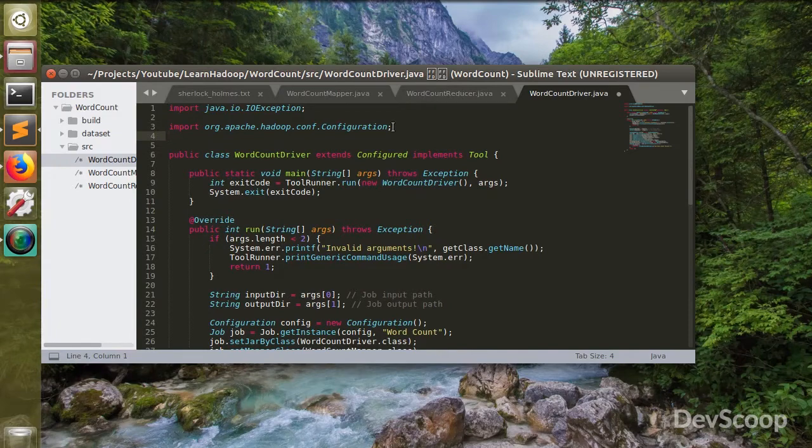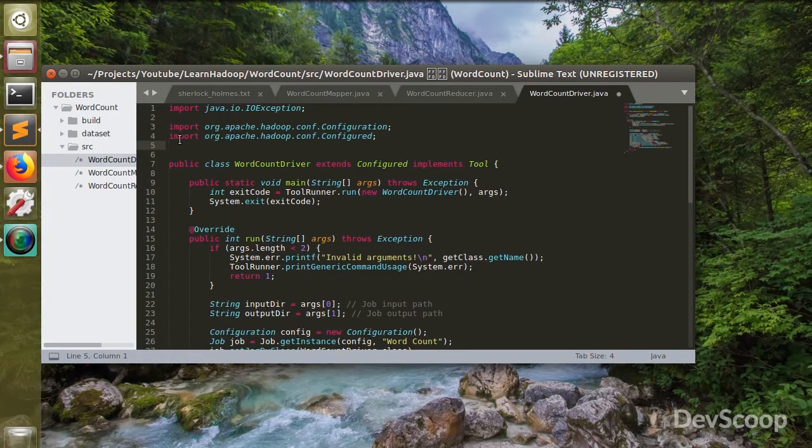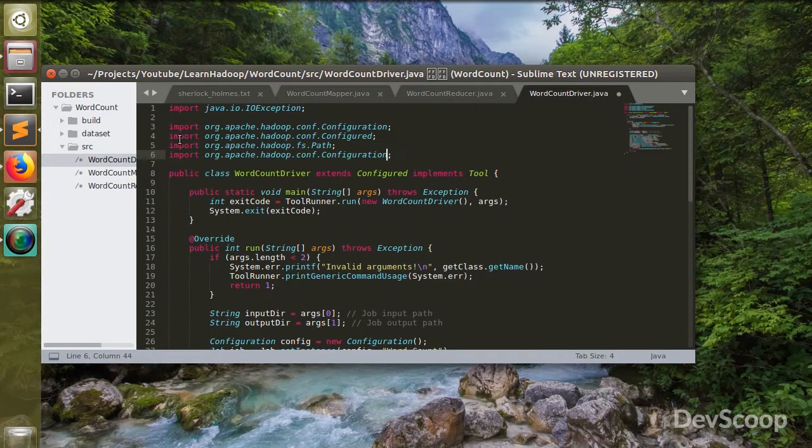Let's copy this, paste it. We need to bring in Configured, and then from fs we need to bring in Path, fs for file system, and then from io we need to bring in IntWritable and Text,